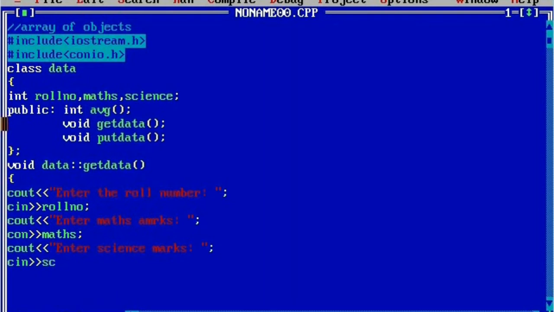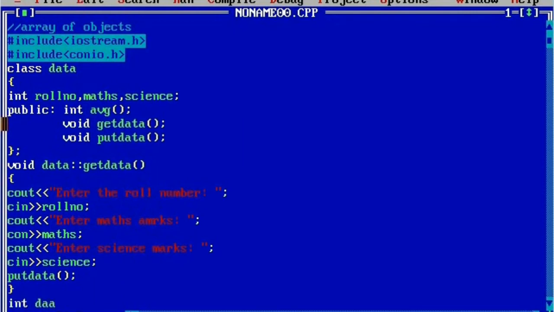Cin, and here we'll write science curly closing brace. Now we are going to call one more function, that is put data function inside the get data. So put data, put semicolon, then we are going to define average.